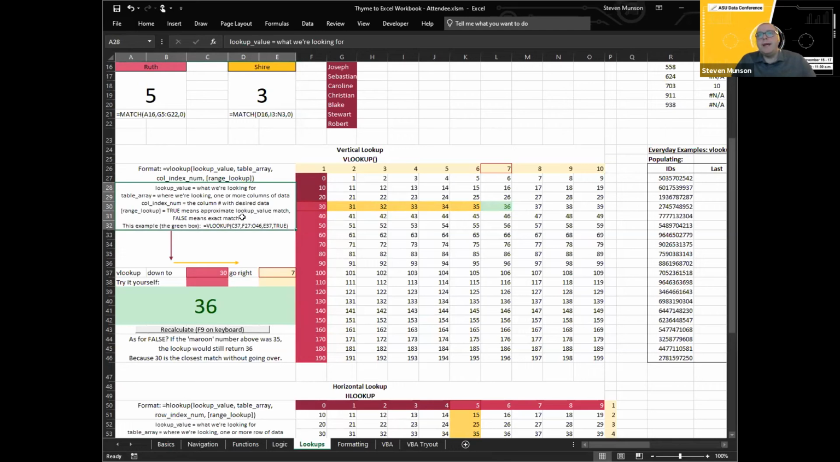False means it's not sorted, and you want the lookup formula to look for exactly the match of the value that you're looking for in the first place. So in this case, we have 30. If the maroon number here was 35, then the lookup itself would still return the 36 here, because 30 is the closest match without going over, like Price is Right rules,